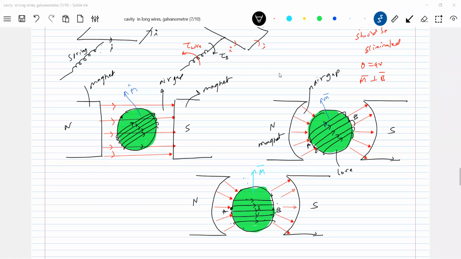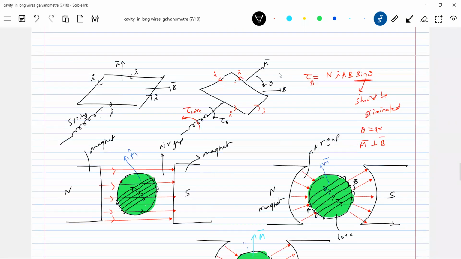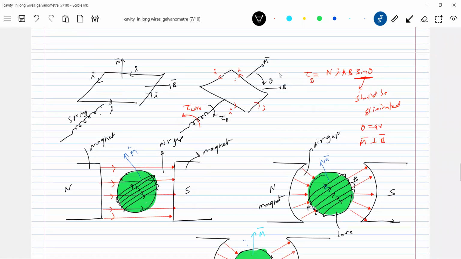So now for all these positions, what happened? The M bar and B bar will be 90 degrees. So what happened? The theta is eliminated. The reason for that is that the scale should be linear. So to make the scale linear, we are eliminating that particular theta. So how to make that scale linear? By going for curved shaped magnets here. The air gap between the magnet and the core should be uniform. So therefore sine theta becomes sine 90, which is 1.